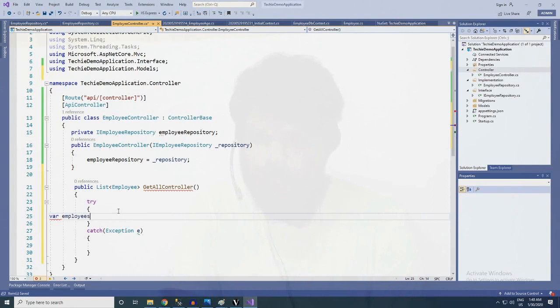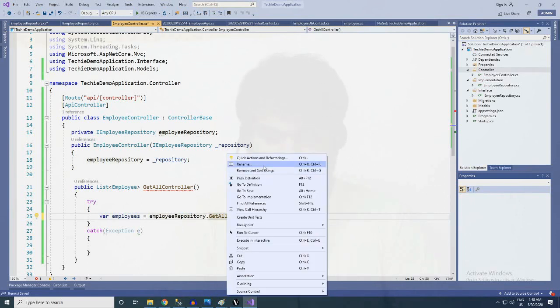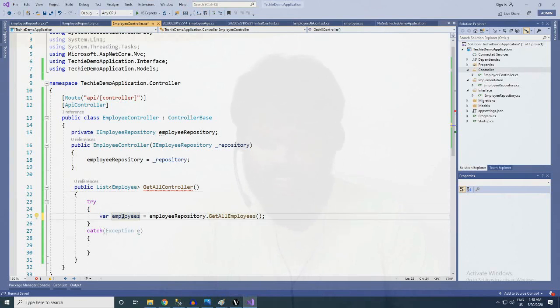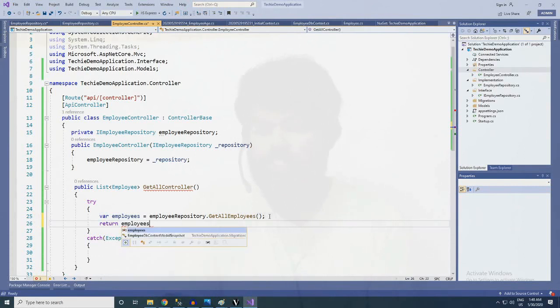So get employees, where employees is equal to employee repository dot get all employees. This will get all our employees and assign them to the employees variable, and we can return our employees to the end user.